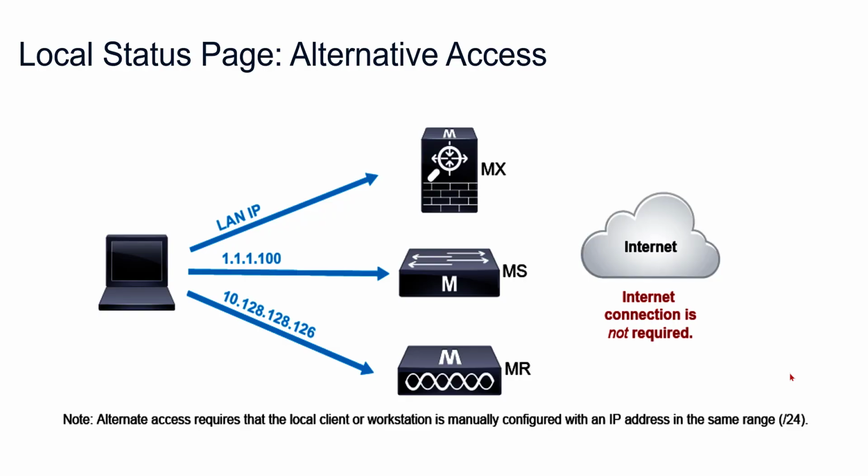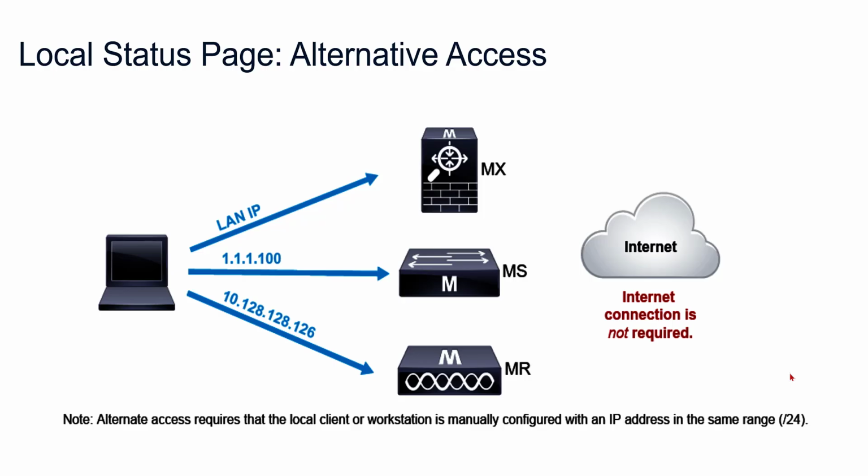DNS isn't working. DHCP is not working. I can't even resolve mx.meraki.com. What now? I still have access to the device. I can just go directly to its IP address. If DNS fails, Meraki gives you a fallback method. You can manually assign your laptop an IP address, connect to the device, and then browse to its local IP